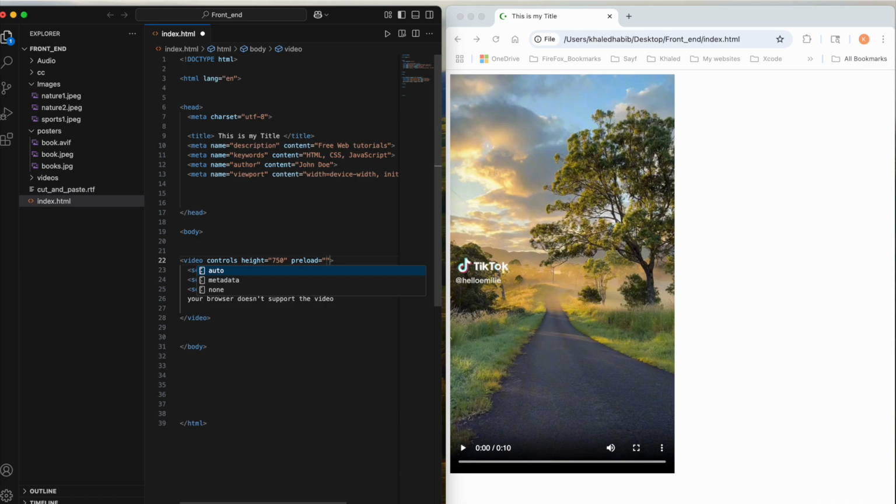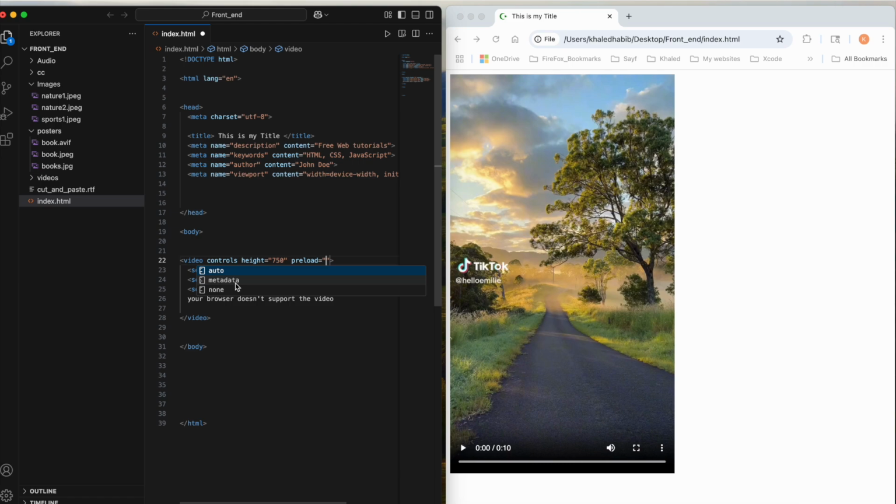In my case here, it's only a 10-second video, so that's why we don't notice. But when you have like a 45-minute YouTube video, it takes time. So the preload is kind of good if you have only 1 or 2 videos. But if you have like 10 or 20, I look at it as negative actually. Why? Because it's going to slow down your website. So when you have so many videos, it's better to keep the value as none,